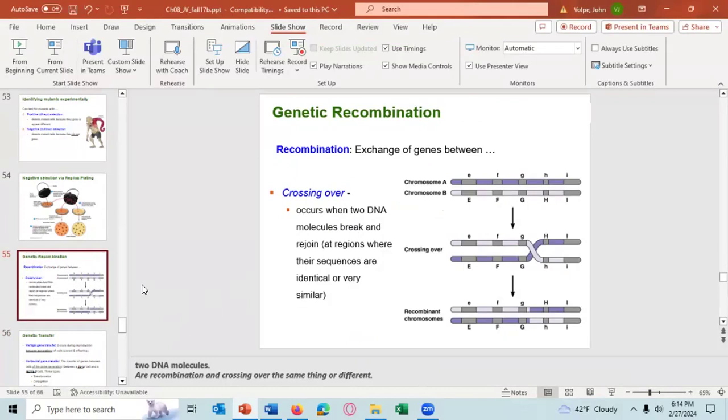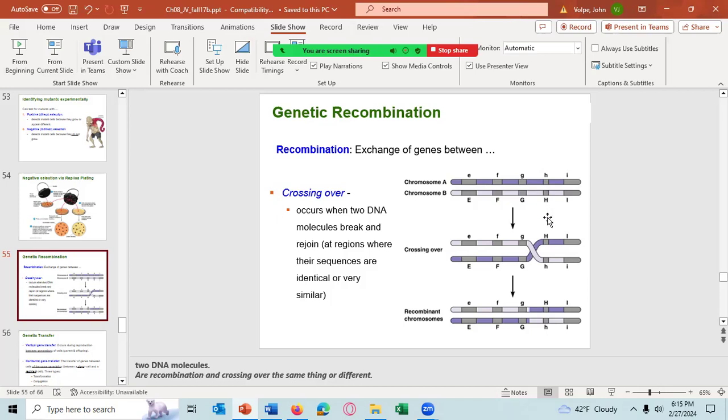Crossing over is a specific case of recombination where the 2 chromosomes pair up, the blue chromosome A being the father's chromosome, having the lowercase alleles, and then chromosome B from the mother. So this could be the father's first chromosome, the mother's first chromosome. And it has the white alleles with the capital letters. So in crossing over, the 2 chromosomes pair up, and those are always homologous chromosomes, meaning the mother and father's